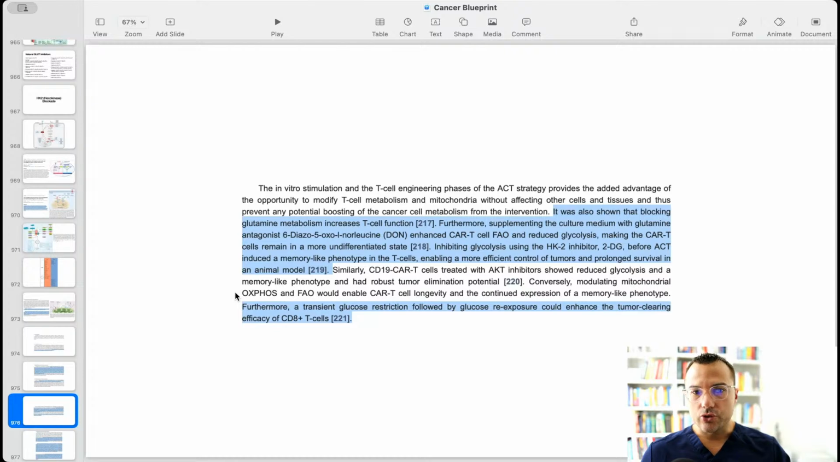Furthermore, a transient glucose restriction followed by a glucose re-exposure could enhance the tumor clearing efficacy of CD8 cells. So I particularly highlighted that because it makes me think that when we have enough data, or enough tools in our tool bag to effectively shut down glycolysis and glutaminolysis, maybe, just maybe, the ketogenic diet, or at least maybe not the ketogenic diet